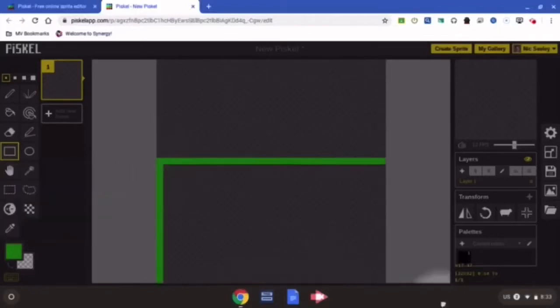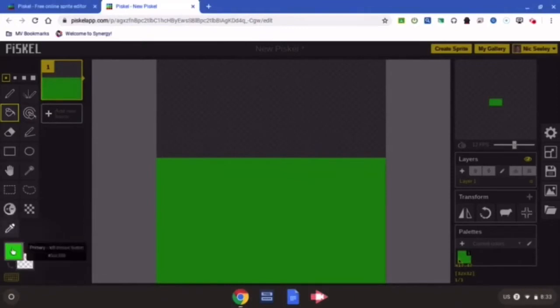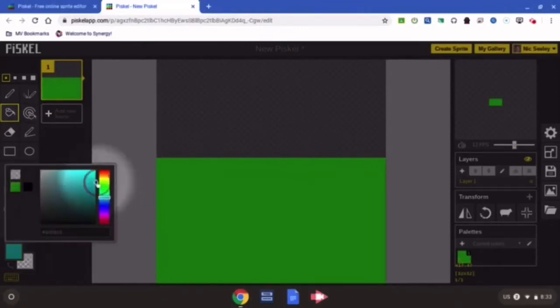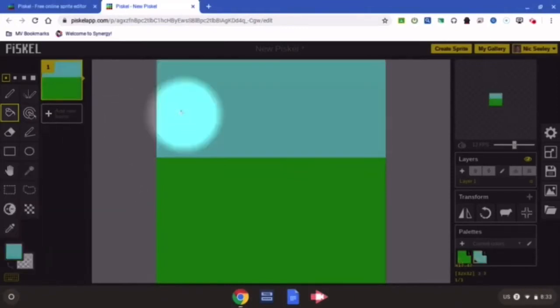So what I'm going to do is start with kind of a horizon line and adding a different color. I'm referencing my sketch. I'm choosing a green that I like, drawing a box for it, and then filling it in with your paint bucket tool to fill that in quickly and efficiently. I'm going to do the same thing with the paint bucket fill, except this time I'm making a sky, so